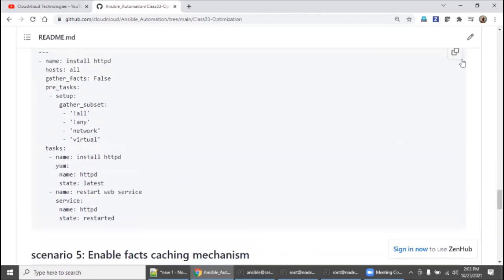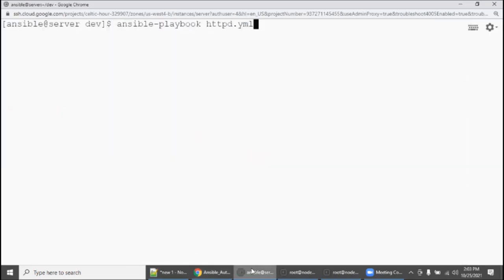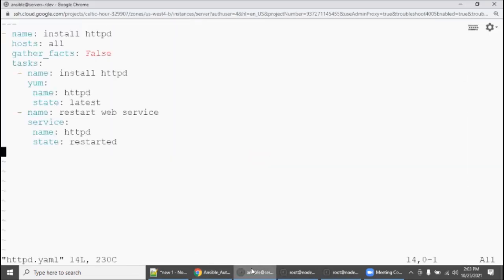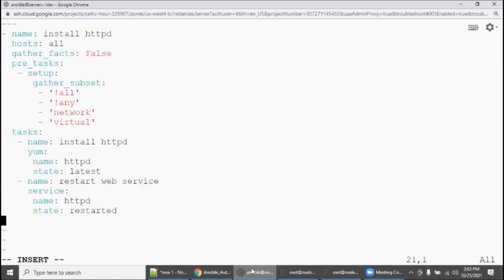And I'm going to copy this. Let's check. We are going to open the httpd.yaml. Let's delete all this and paste it. So in this playbook, we need network-related facts, virtual network-related facts, but not everything, right?